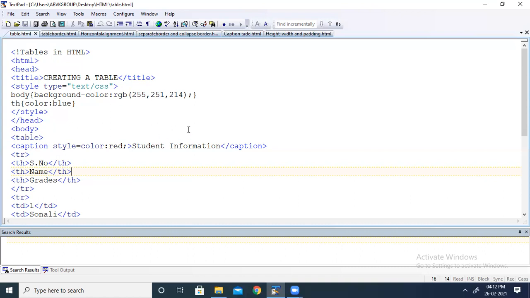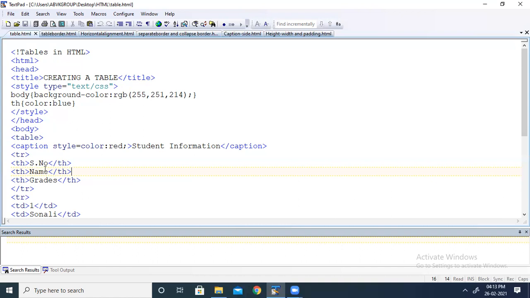Whatever information we are taking, we can display it on the top of the table or below the table. It is up to us. The color for that will be red. Next I am starting the row. As you know, tr or table row is the tag to insert a row in the table. Next I am going for the th tag, again table head.